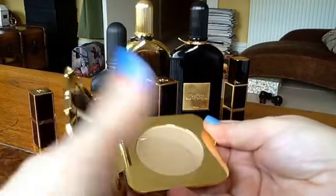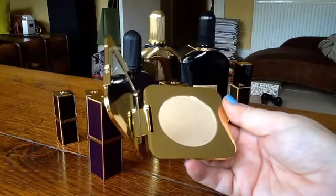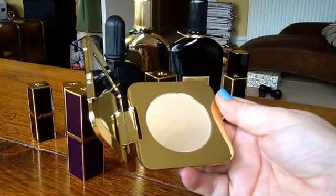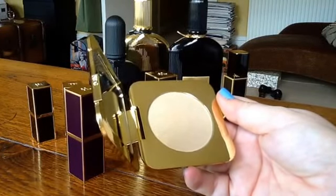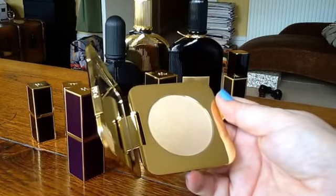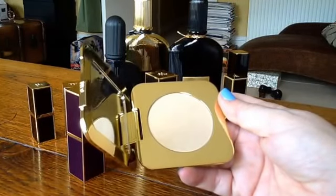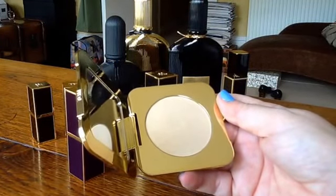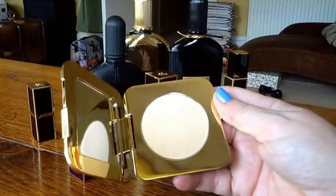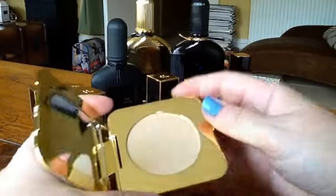Then the powder itself. Now I was prepared for this because I'd seen Megan's video about this. I might try and link it below. She's an American woman of about my age and similar colouring, a bit warmer colouring than I am, who buys a lot of high-end makeup or gets sent it, I don't know. And she wasn't a huge fan of this, and it showed up very gold on her, so I was kind of prepared. It's looking lighter on my monitor than how gold and glittery it is in real life,